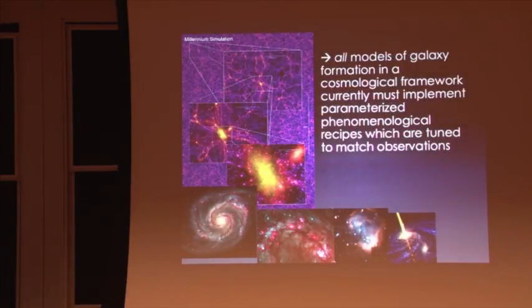As a result, the way the community is approaching this right now is you do a simulation, and on some scale, you say, I don't really know what's happening below that scale, and that scale varies depending on what you're trying to do. Below that scale, I'm going to put in some kind of phenomenological recipe, sometimes called a subgrid recipe. Because I have to parameterize that, I have to set the values of those parameters somehow. So I'm probably going to do that by trying to match some kind of observation. I use some observation as a calibration to set the values of these parameters.